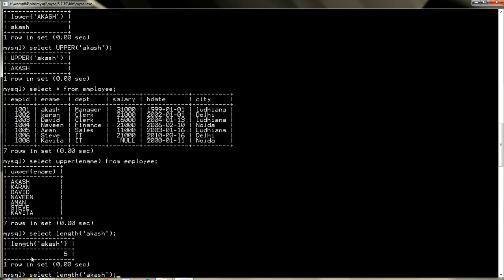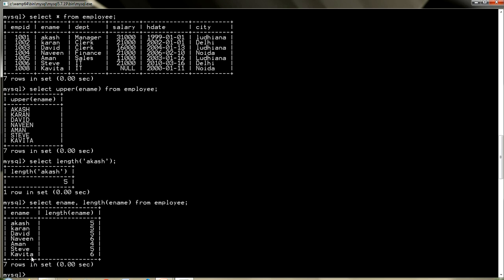So now I can see, let's say I can write down the length here also. So let us see the name of the column, e name, the name of the employees, and the length of every employee. Now you can see here I have got the name of the employee along with the total number of characters of its name, the length of the name of every employee.